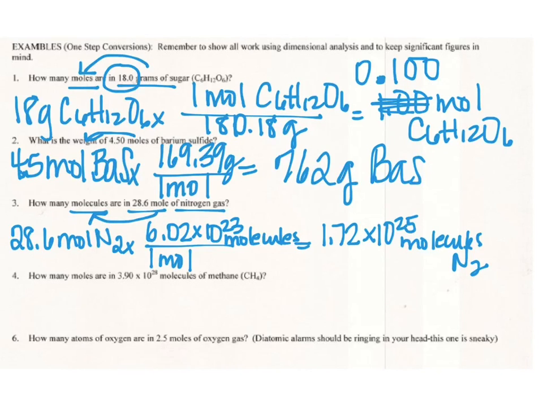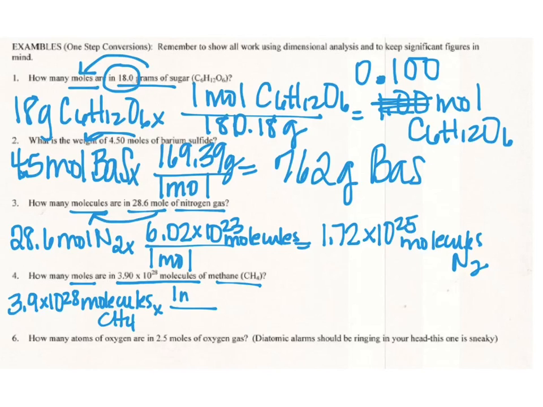This time, how many moles are in 3.90 times 10 to the 28 molecules of methane? So we start out with 3.9 times 10 to the 28 molecules of CH4. And we're going to moles this time. So in 1 mole, we have 6.02 times 10 to the 23rd molecules. And to 3 sig figs, we get